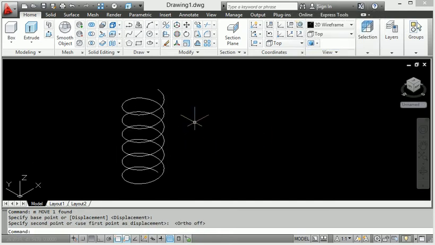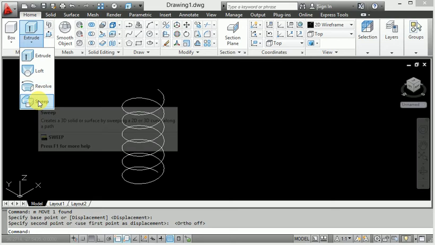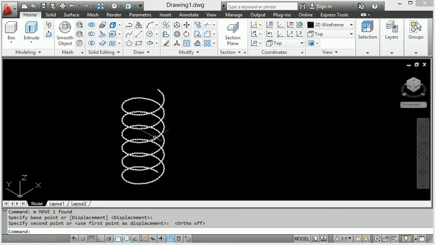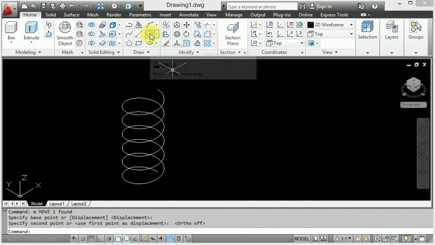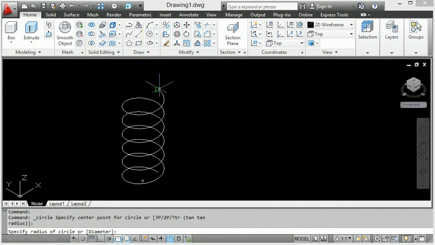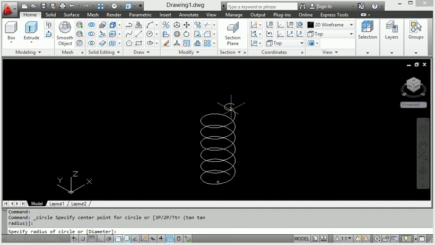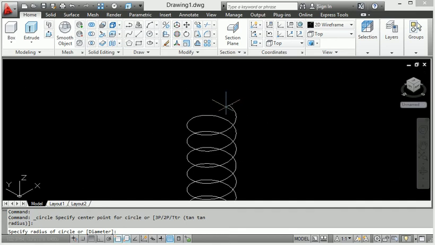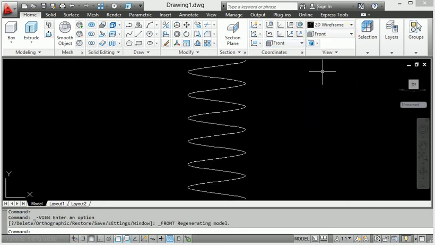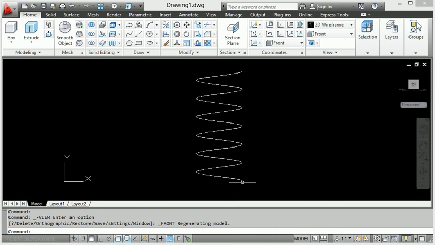Right now first of all I will use the sweep command. Right here, enter this sweep command. First I have created the first sketch, and for the second sketch I will use a circle here. This is a simple circle. Let's start from the circle here, but the circle is in the same position right now, and I want the circle in the opposite position. So again I will show you, change this view here. Let's change the view to the front side. Look here, change the view.